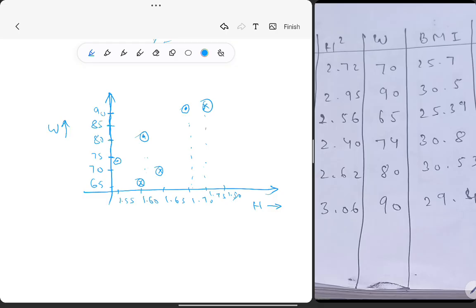If we can separate this data set into two groups, one group being obese people and the other non-obese people, then we say that we are able to classify these data points. This is a classification problem. Classification means categorizing data into groups. This example is about binary classification, in which you classify data into only two groups.